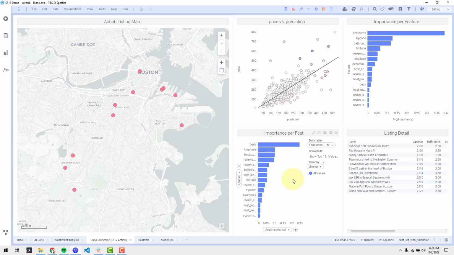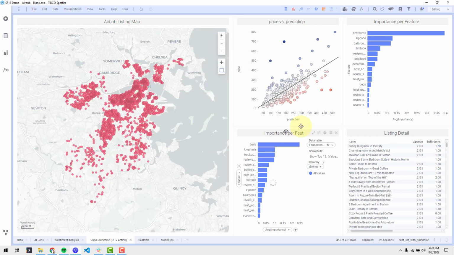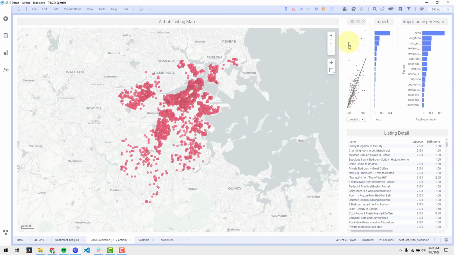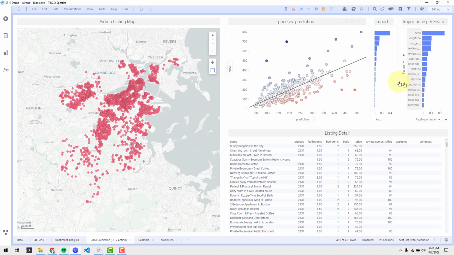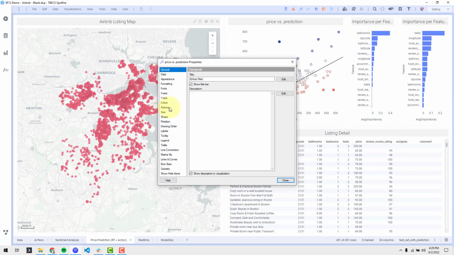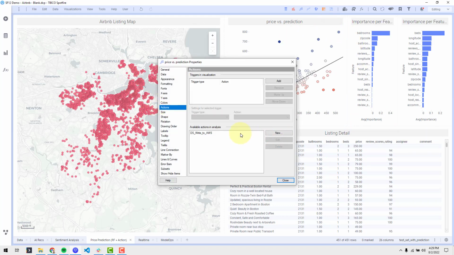Now let's say I wanted to take an action on this. We have these different visualizations, we have these different insights, but I want to take an action on this. Let me move some of this over real quick, excuse me. So what I can do now is, in Spotfire 12 I have actions available, and for this action I can take a